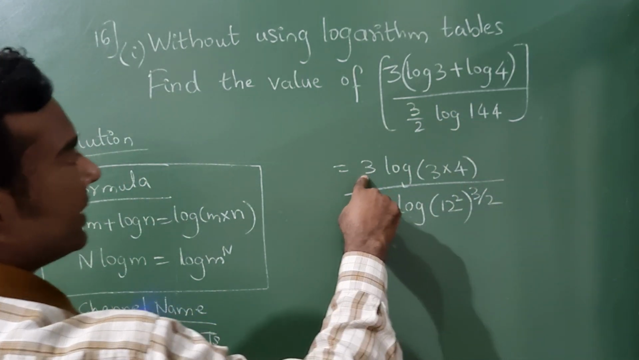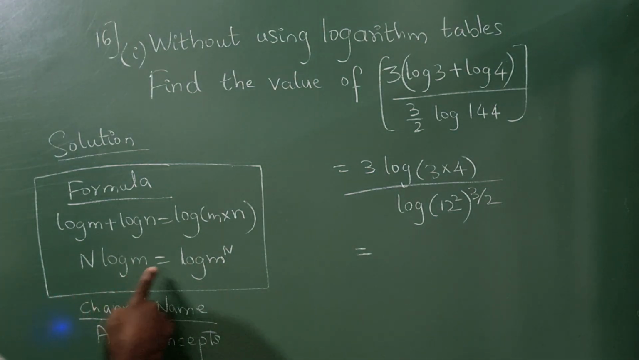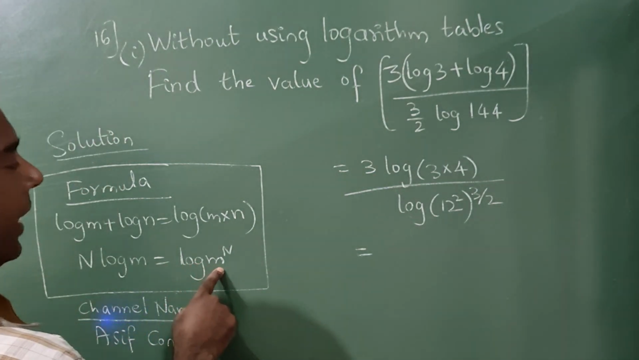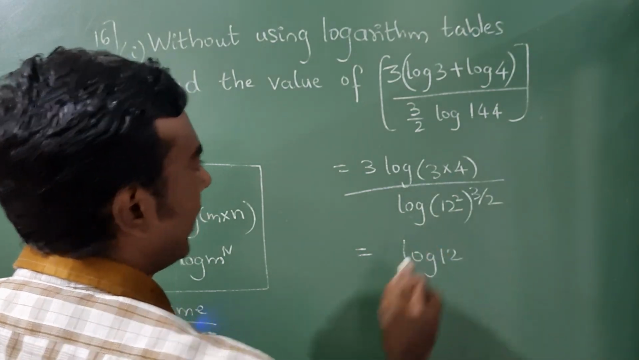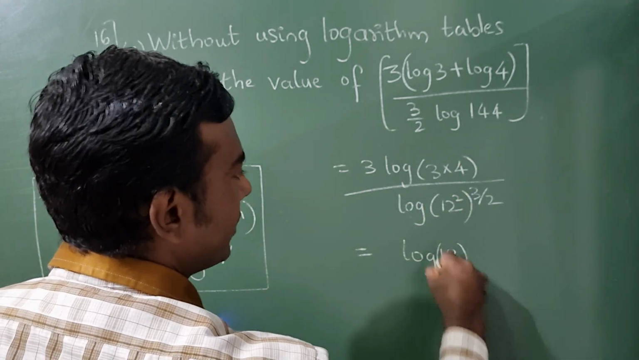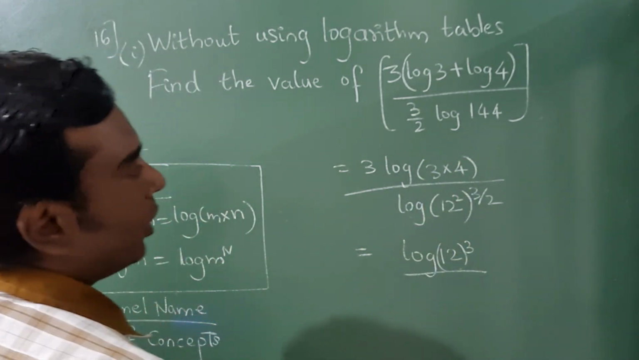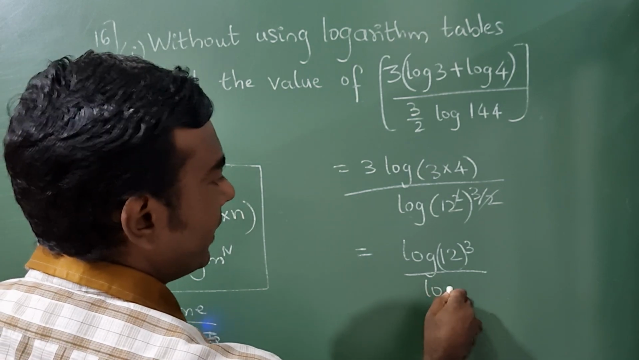Now this again, in the numerator, you can use this formula: n × log m = log m raised to n. Log 3 × 4 is 12. Now m raised to n, that is 12 raised to 3. In the denominator, this 2 and this 2 will get cancelled. What is remaining? Log